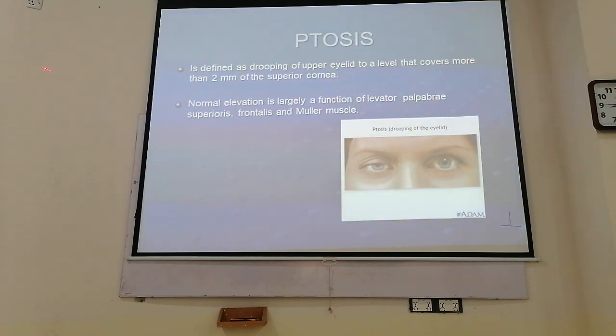It is defined as drooping of upper eyelid to a level that covers more than 2 mm of the superior cornea. This definition gives us a clue, this is an information that till 2 millimeter, if the eyelid covers the cornea, it is normal. If it is more than 2 millimeter, then it is called drooping of the eyelid, which in medical language we